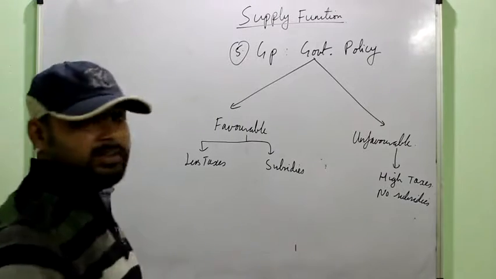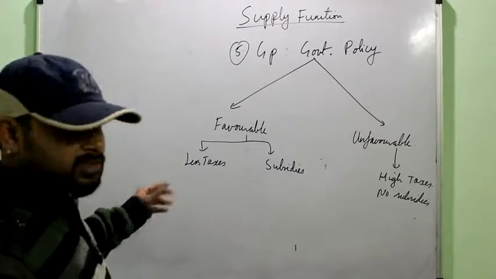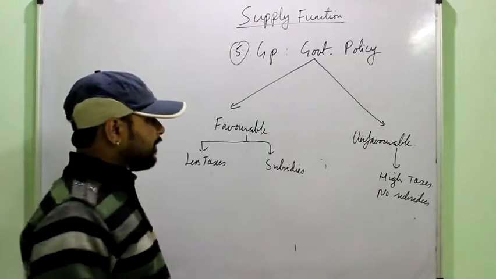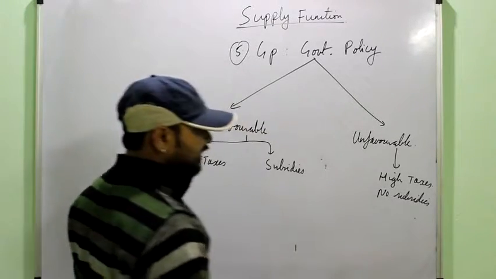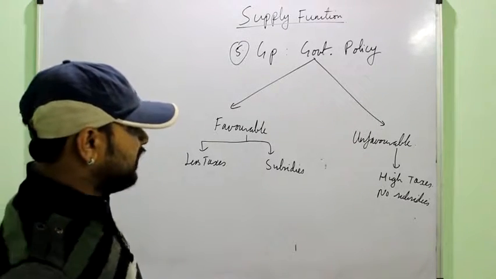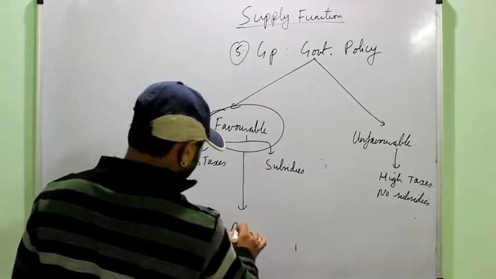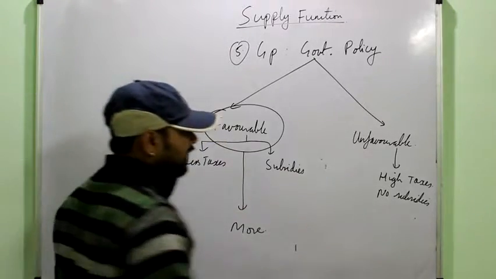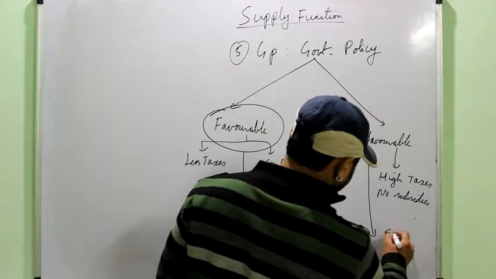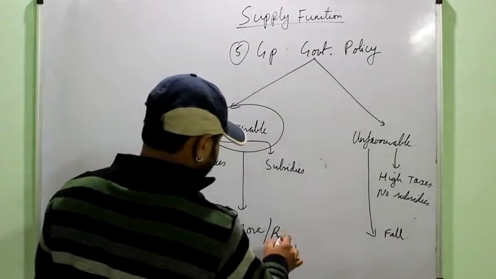Okay, you can simply understand this. A government will have a favorable policy for the commodity which it wants to promote in the economy. Say, for example, for LPG, it provides a subsidy. While for unfavorable commodities like alcohol or cigarettes, the government charges a higher tax from the producers because they are harmful for the economy. So if the government has a favorable policy for your product, your supply would rise. While if the government has an unfavorable policy for your product, your supply will fall, or you can say more or less.